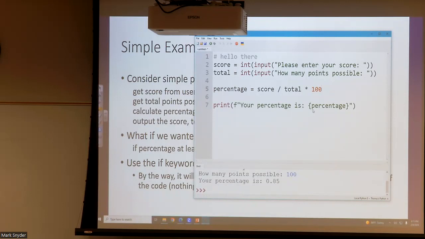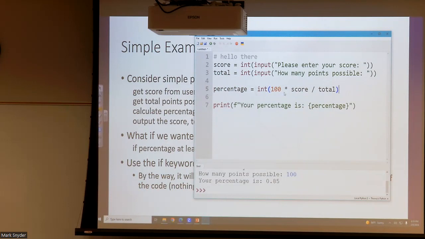Yeah, it will, but it sure doesn't look good if I'm a math person, right? If I was a math person, I'd probably feel a lot more warm and fuzzy if I put parentheses around that. Another thing that you'll see programmers do is they'll put the times in the front. That way you know it's 100 times the score divided by the total. And as an extra little bonus, if I did an int around this, now it will actually work because